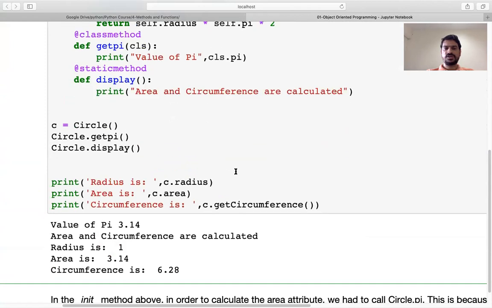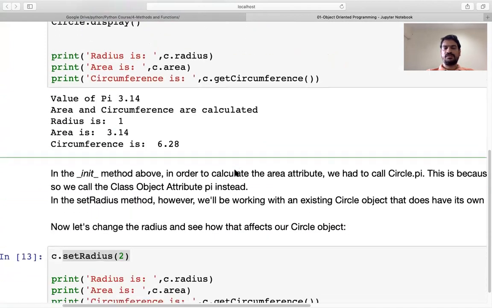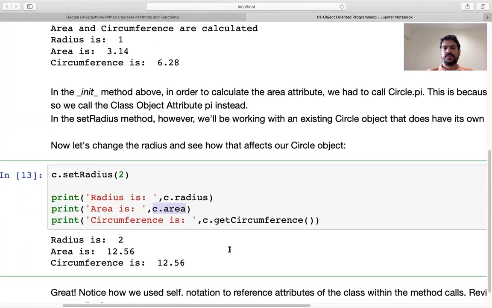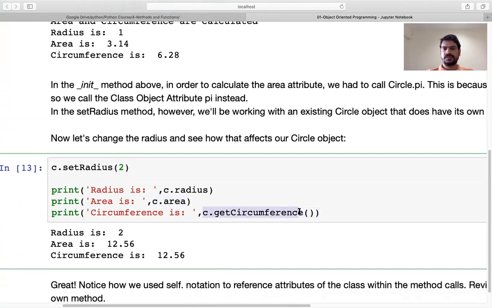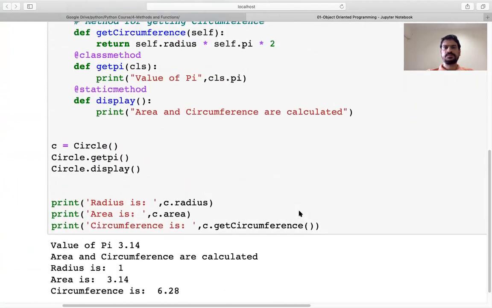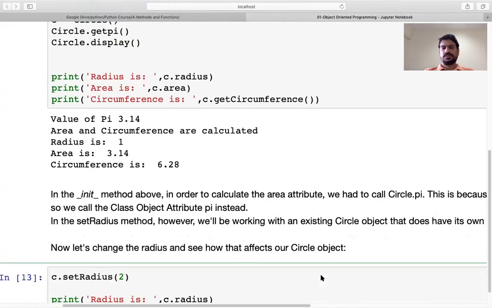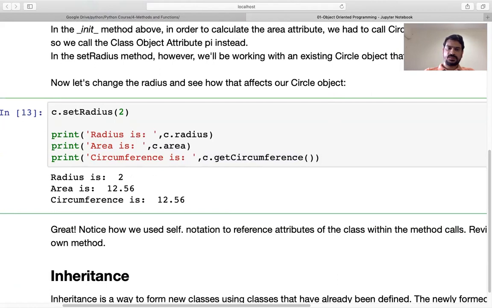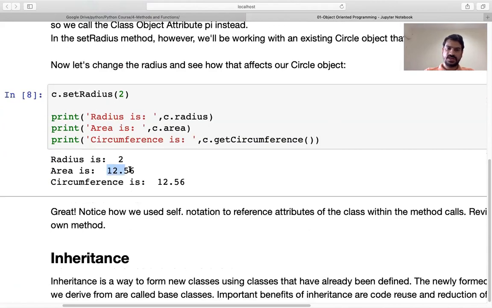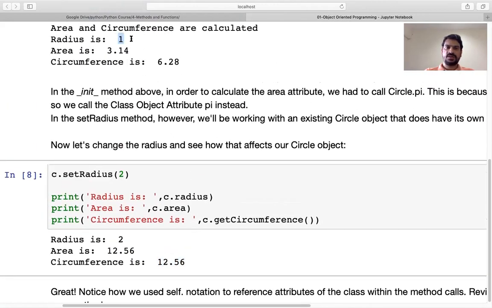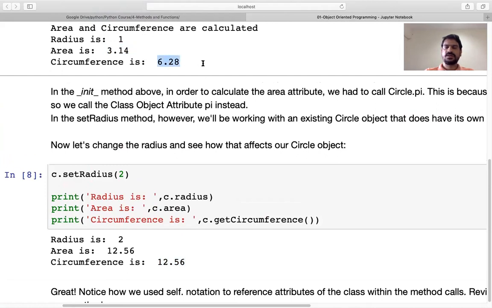Once we give the value as 2, it will take the value of 2 and redefine the radius as 2, and the area will be 2 into 2 into 3.14, and it will find out the circumference, which is 2 pi r, right? So 2 into radius into pi value. So here we'll see radius is 2, area is another value, and the circumference will be calculated. Here the radius is 1, area is 3.14, and circumference is 6.28. Here we have 12.56.